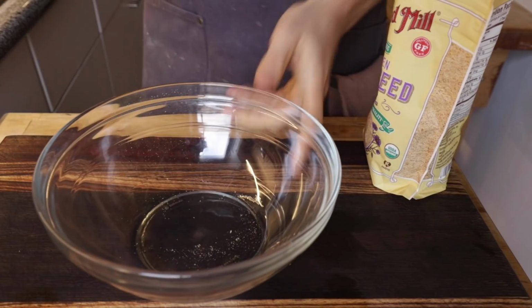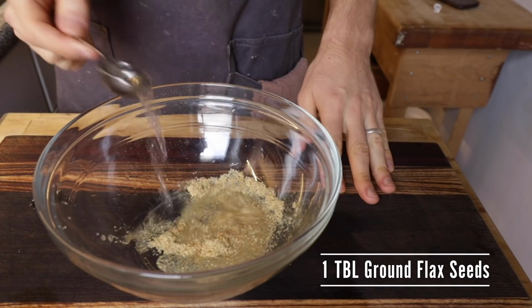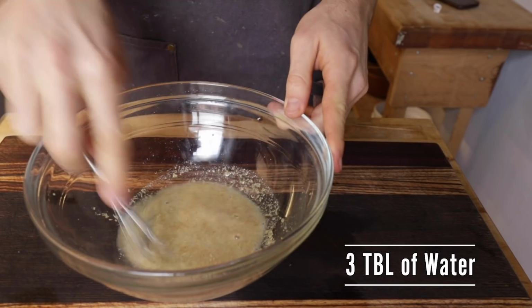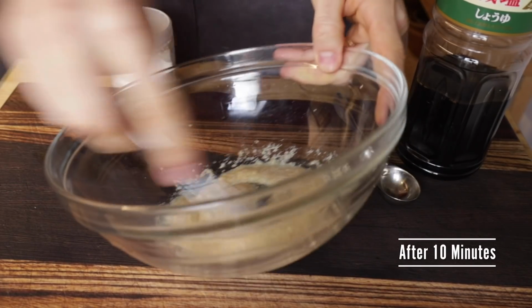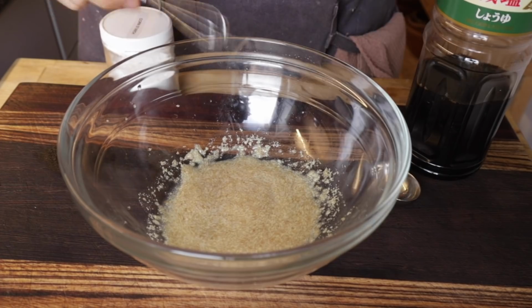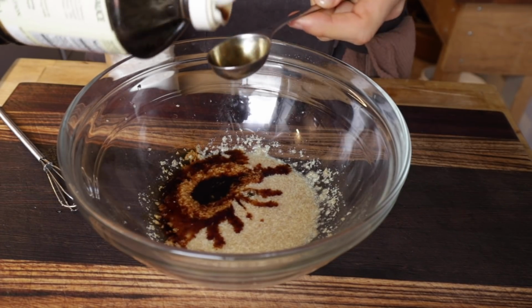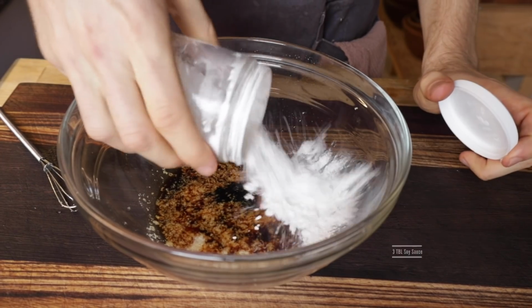So I'm gonna start out with actually making a flax egg, since this is vegan, by just adding 1 tablespoon of ground flax seeds, 3 tablespoons of water, and just let that sit for 10 minutes. Now you can see after 10 minutes our flax egg has set and it almost looks like the texture of scrambled eggs. So we're gonna add in 3 tablespoons of soy sauce, and then we're gonna start adding in some